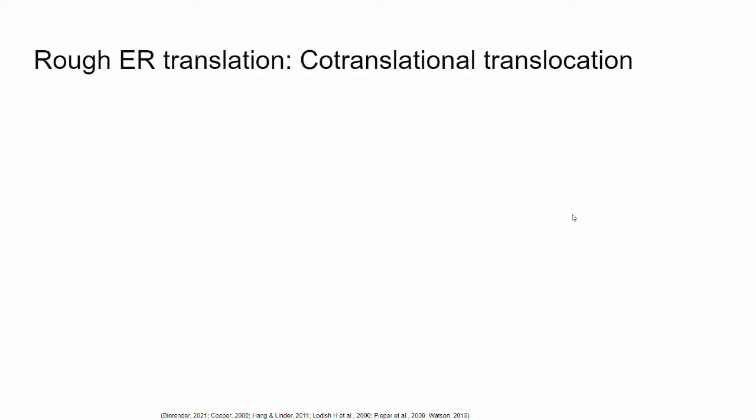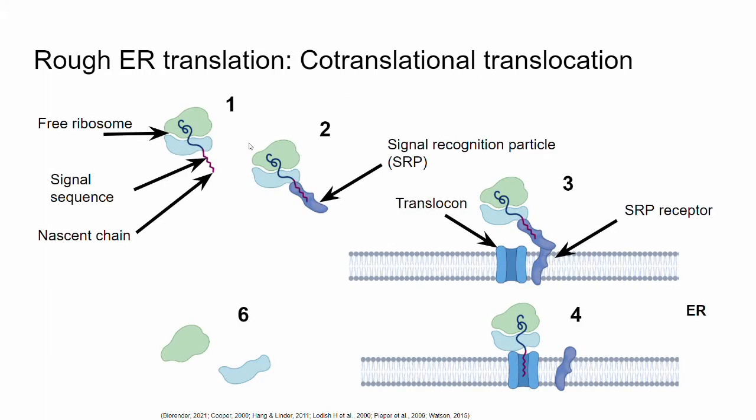The second pathway is the rough endoplasmic reticulum translation, or the cotranslational translocation. This is when the translation starts in the cytoplasm, but finishes in the endoplasmic reticulum. Okay? Now, if you look here, we have constant steps. These steps happen almost every single time a translation happens. And then we have a step that has multiple outcomes, which is step 5 in this case. So if we start from here,